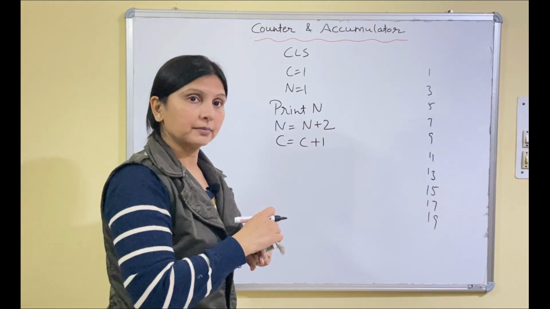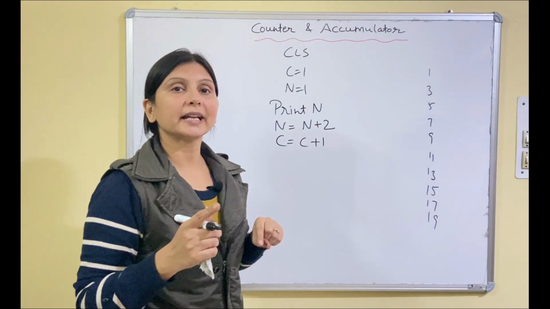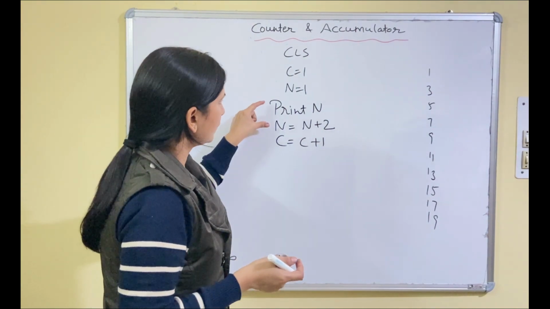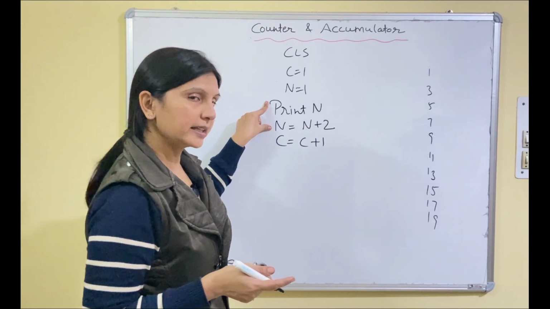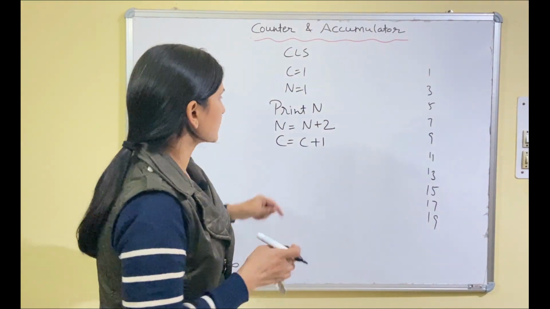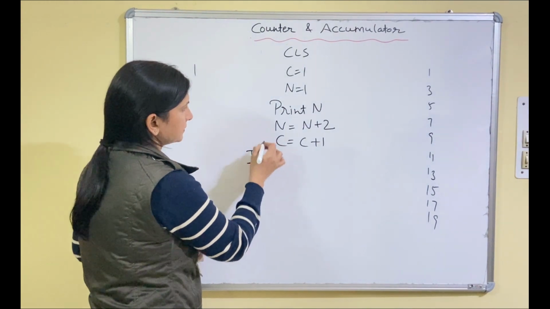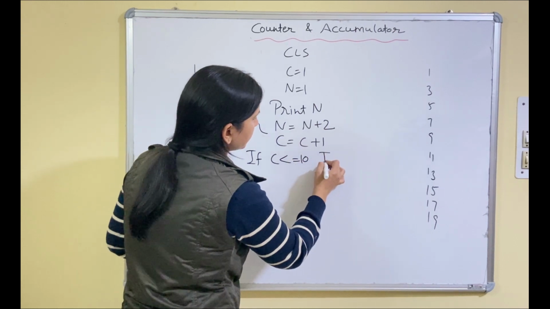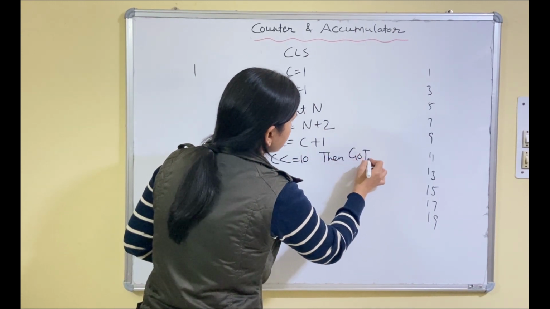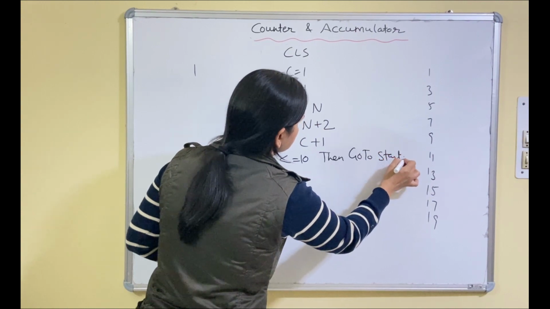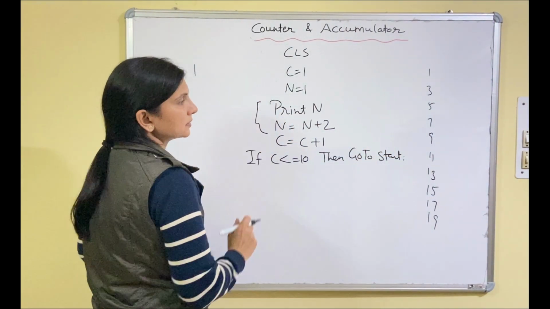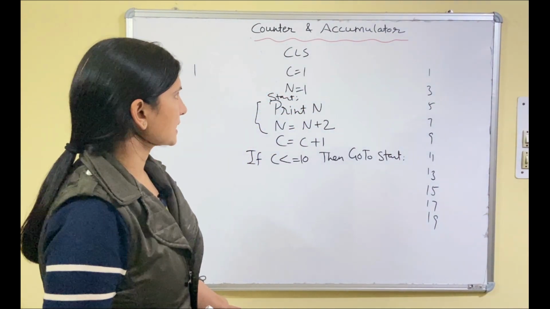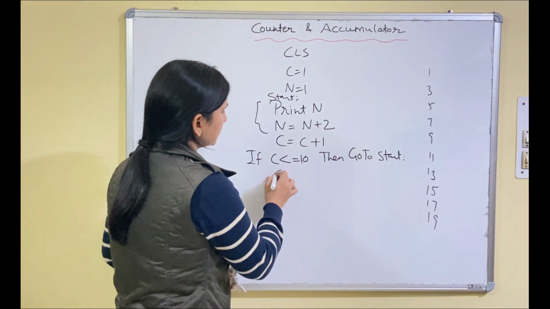In the previous program, to repeat print $, we used C equals to 1, C equals to C plus 1 and then the condition, same way. Now in this case, I want to repeat these two statements. So again, I will write C equals to 1, C equals to C plus 1 and if C less than equals to 10, then go to start. And where shall I write start? Above print, because these two statements I want to repeat. Start. And then end.